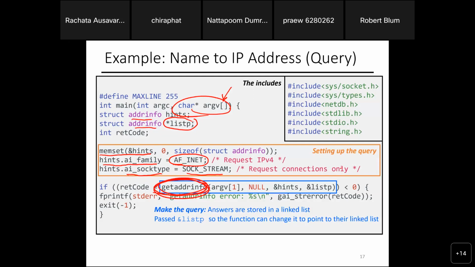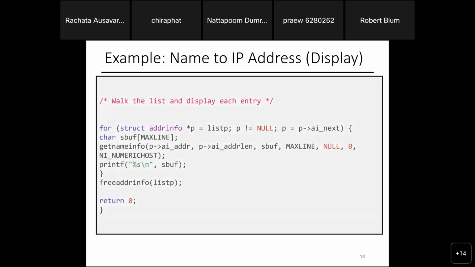This is the return list, a pointer that points to the list once it's built. Once I do getaddrinfo, it returns a code that says whether something is wrong. If it's negative, something is wrong. If it's not negative, I now have listp defined.